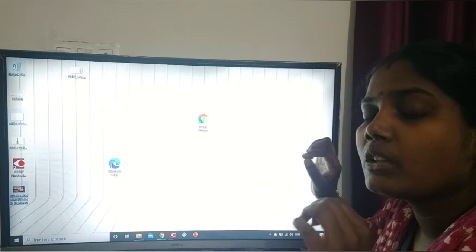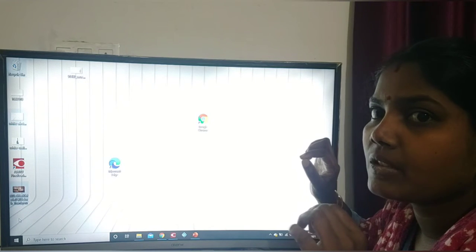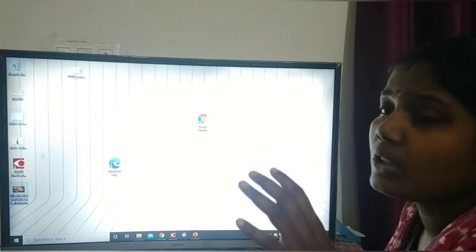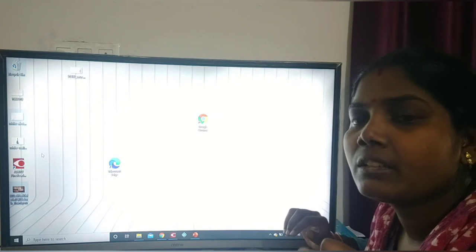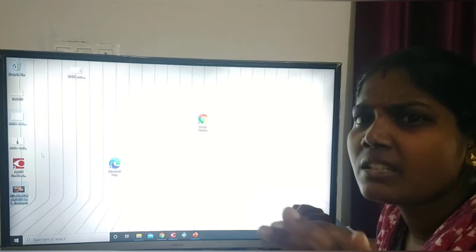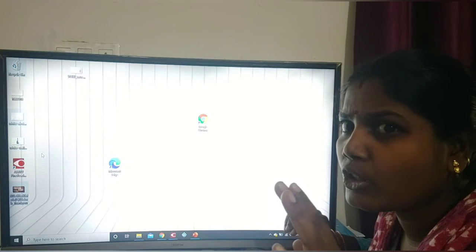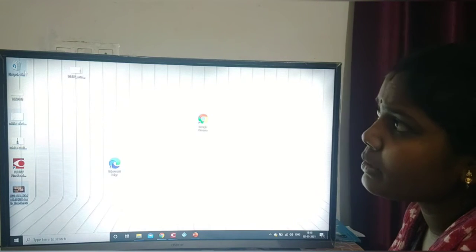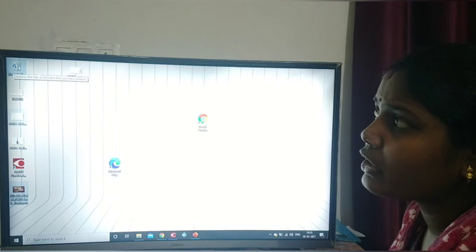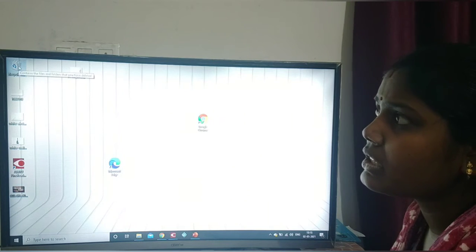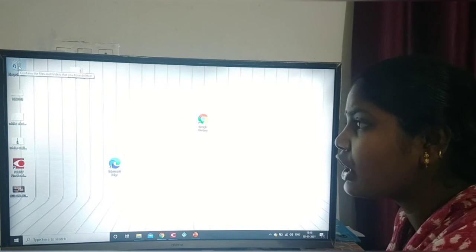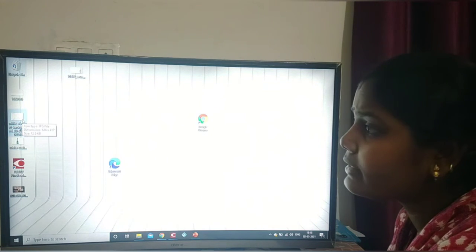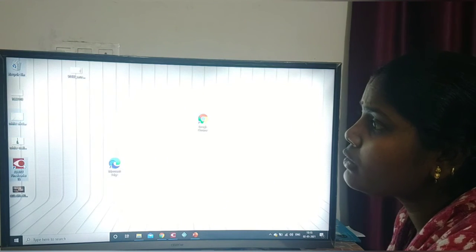Now, non-adjacent items. For that, whichever particular application I need, I can select it, and the others we need not select. So I need the first application, I click on it, then we have to press the Control key, then this application I need, so it is also selected, and this also I need.